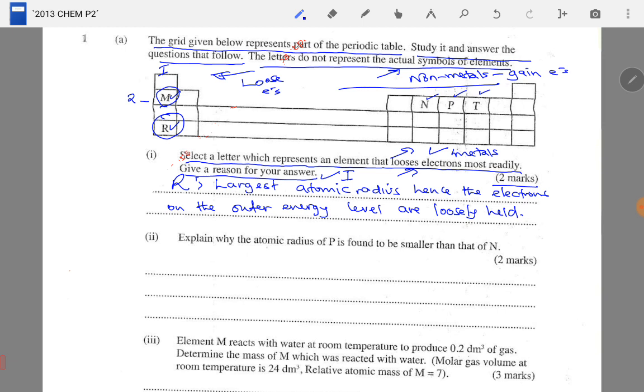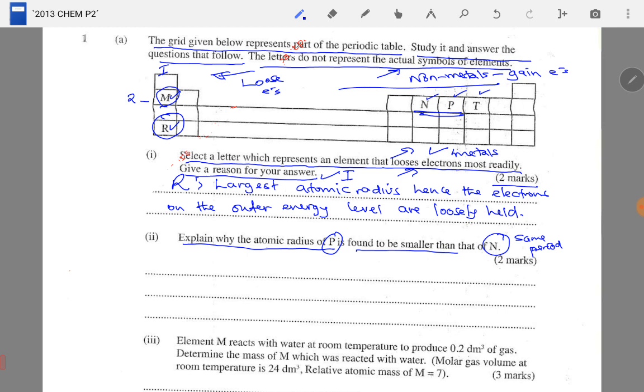Explain why the atomic radius of P is found to be smaller than that of N. If you go to the grid here, they both belong to the same period. But since they belong to the same period, what is the trend of atomic radius across a period? It normally decreases. So the reason is,